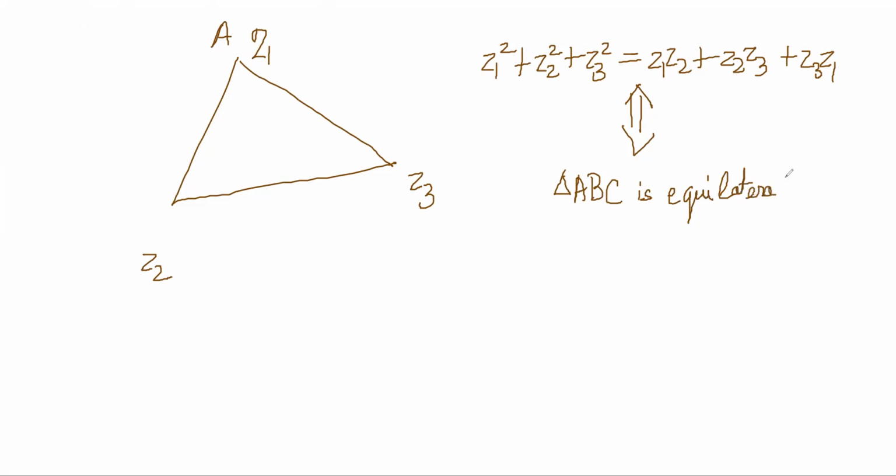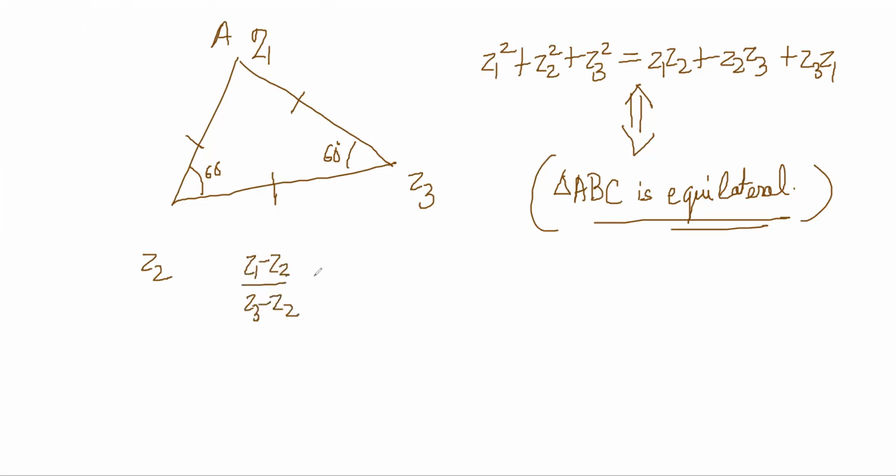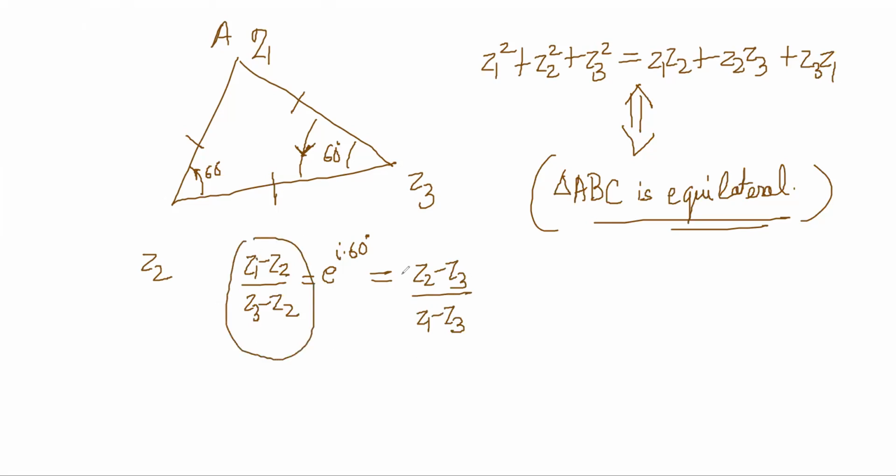Okay, so how did we do it? We did it by, if it is equilateral, this angle is 60, this angle is 60, this side is equal to this side is equal to this side, right? And we wrote that (Z1 minus Z2) by (Z3 minus Z2) is equal to e power i 60, this angle we wrote in the anti-clockwise sense. If you make a mistake in the anti-clockwise sense, it will be wrong, okay? So in the anti-clockwise sense, this will be (Z2 minus Z3) by (Z1 minus Z3), right? And then both are the same, so just multiply it out and you will get to prove this.